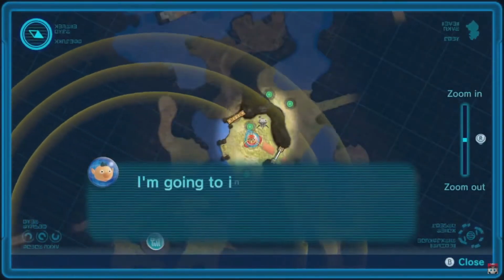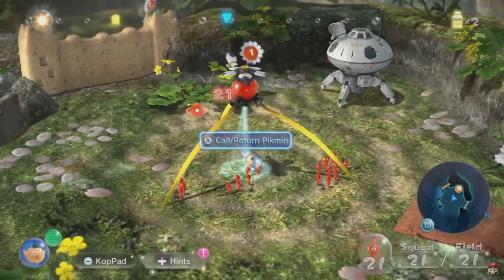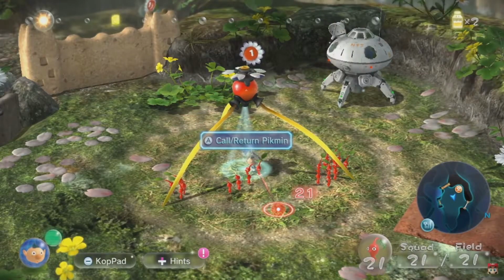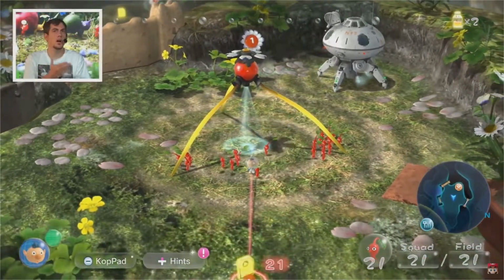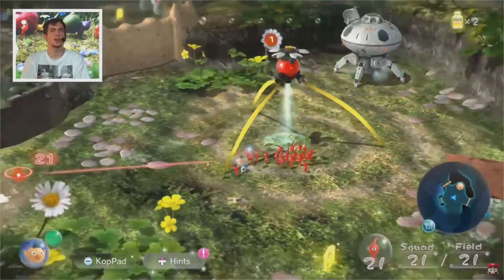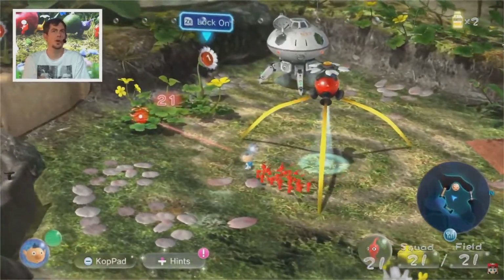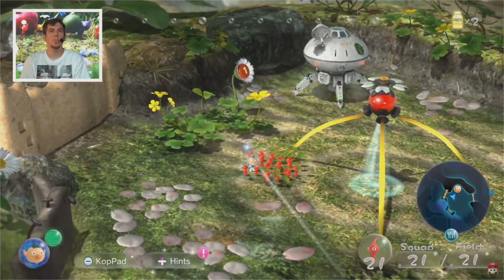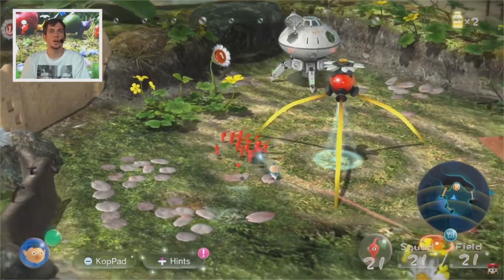So I just called a few red Pikmin out of the base here. And you notice I'm skipping a few of the prompts. I'm going to be doing that a little bit throughout this just in order to keep the flow going, as well as not to spoil the game for everyone. So, as I move my left stick around...